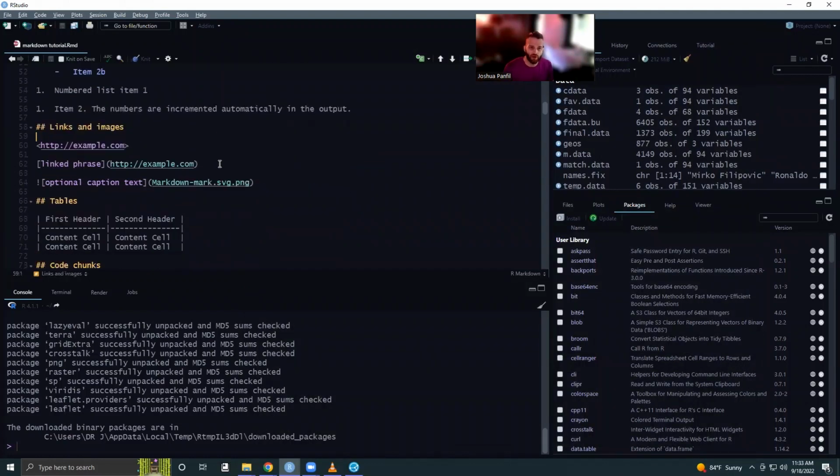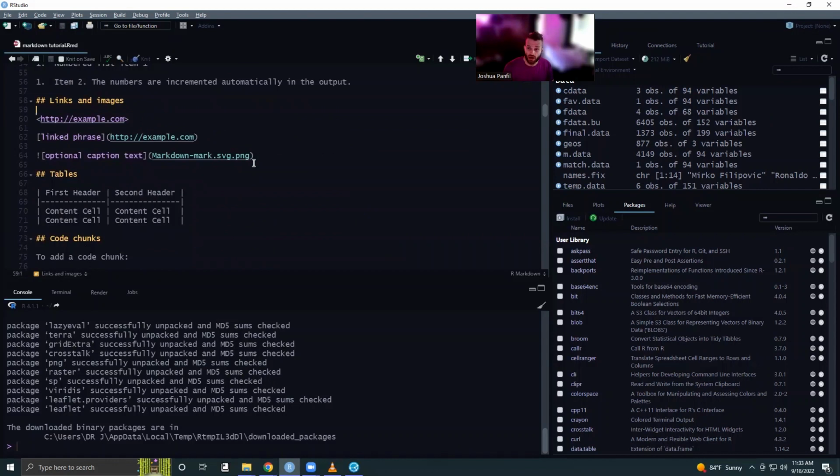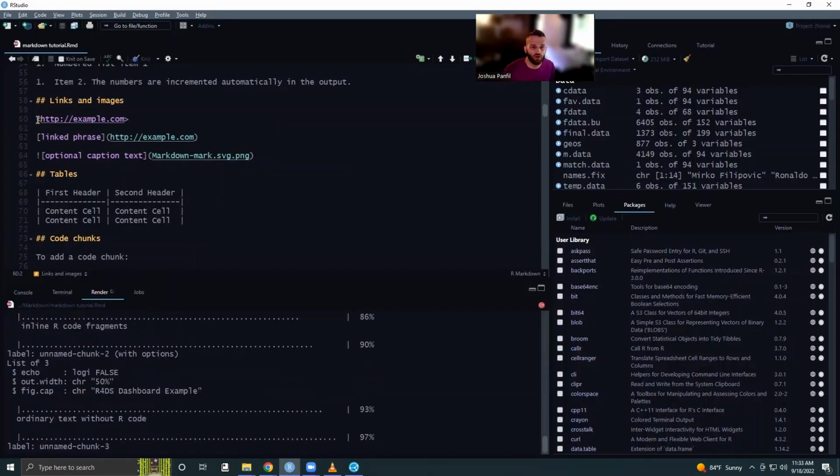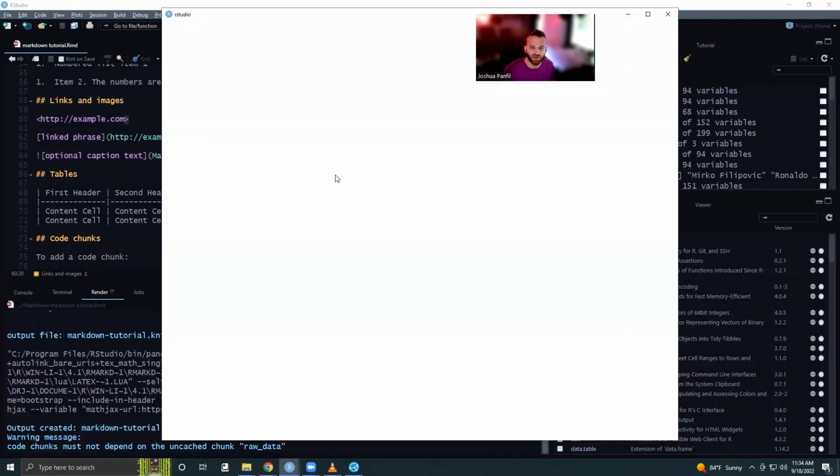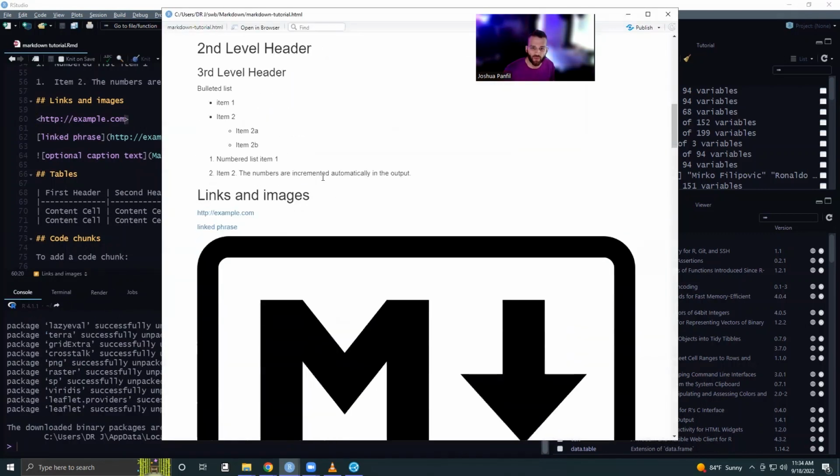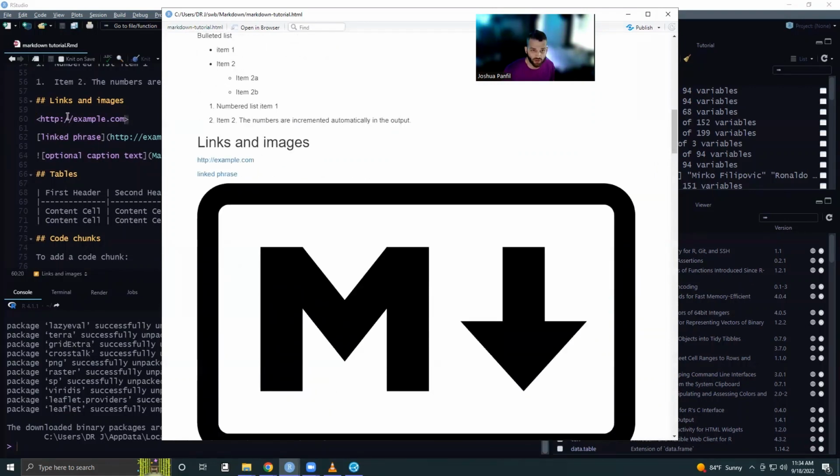Now another really common type of data that you want to include in reports, whether it's for other data scientists or management types, really any level of report, are images. So we can do that in a few different ways. We can use the greater than and less than symbols. That creates a hyperlink. So we can click that and it will take us to this example domain, which is